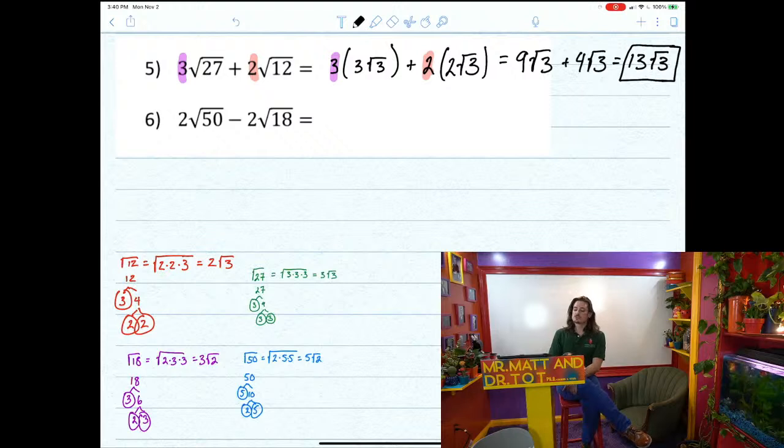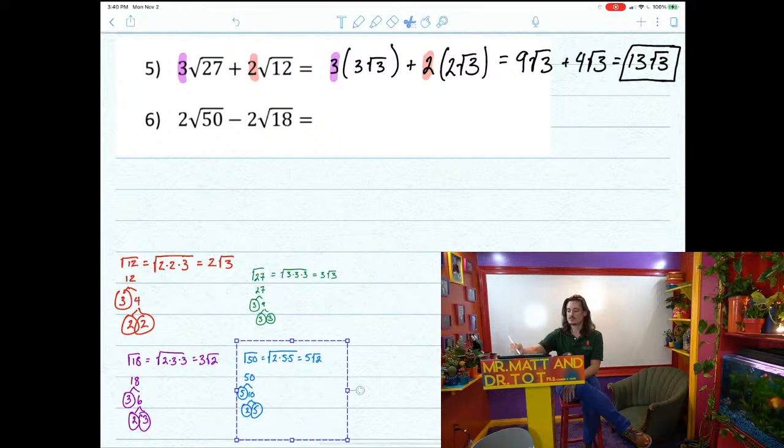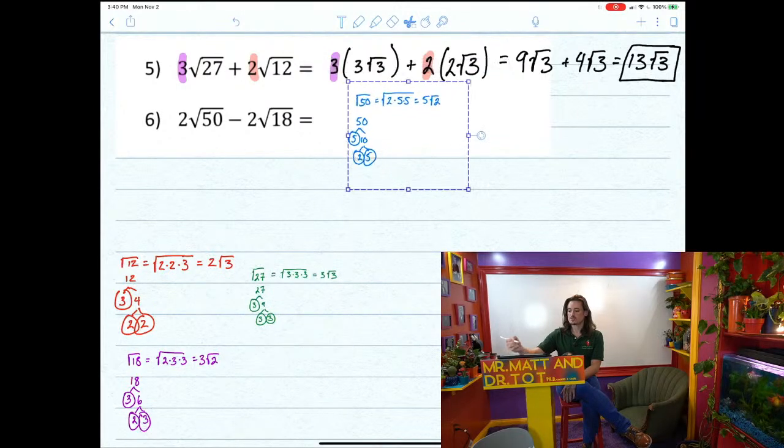Number 6, we have 2 times the square root of 50 minus 2 times the square root of 18. As they're written, we have subtraction of radicals, but we don't have common radicands. We can't do anything to this unless we have common radicands. Let's go ahead and look at the square root of 50 that I did in blue down here. So notice that the square root of 50